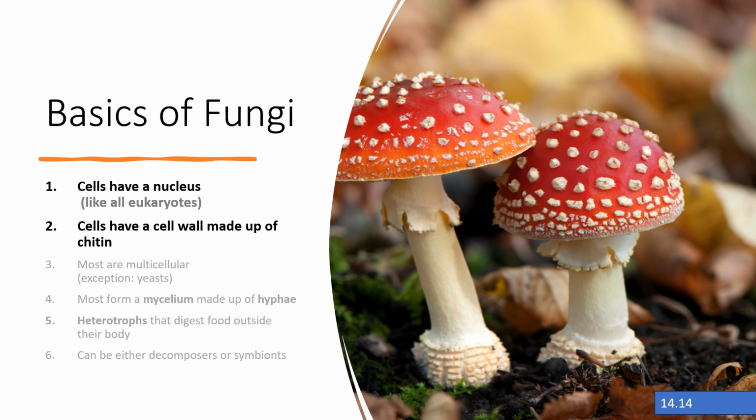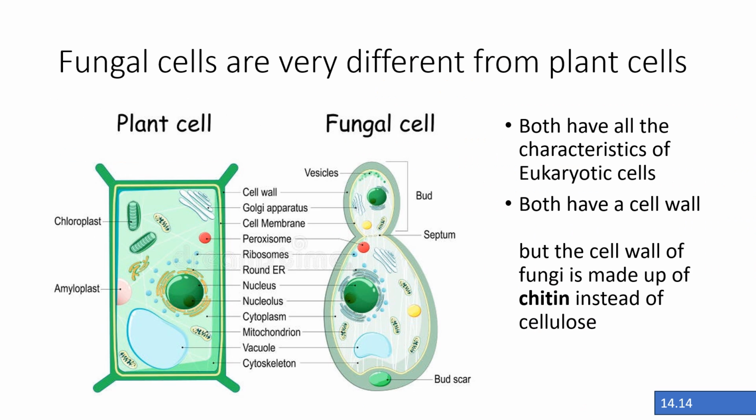So let's go over the basic characteristics of fungi. Remember, again, we're in the Eukarya now, and because fungi are eukaryotes, their cells have a nucleus. Like plants, fungal cells also have a cell wall, but you'll see that fungi and plant cells are very different. Again, both are eukaryotes, so they both have a nucleus and other membrane-bound organelles, and both do have a cell